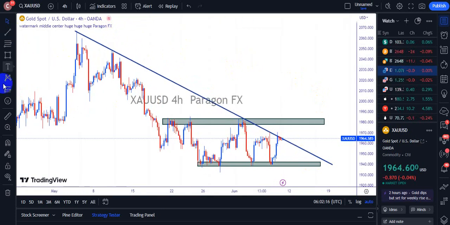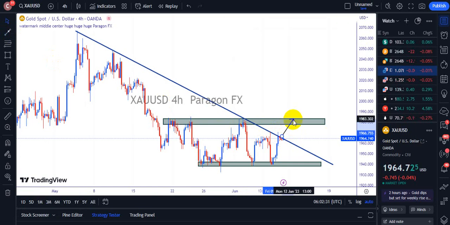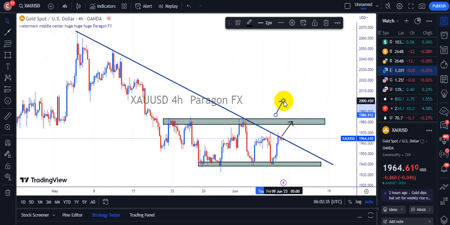This is clear picture of gold. If this TL is break, this TL is break, and market can touch this area, and if